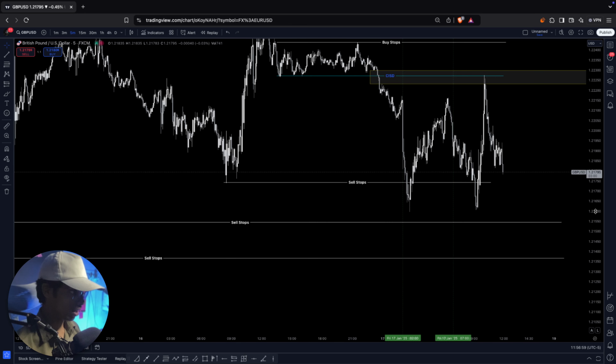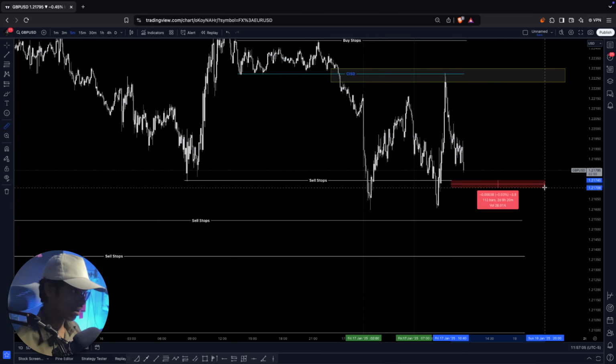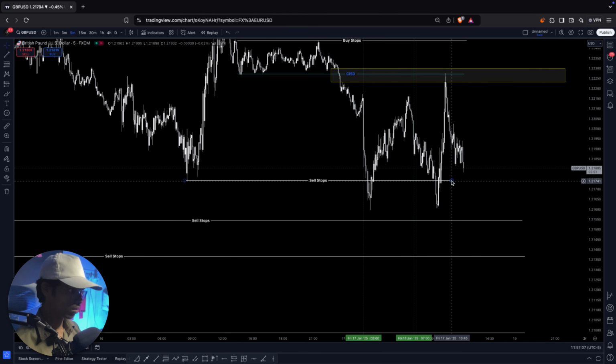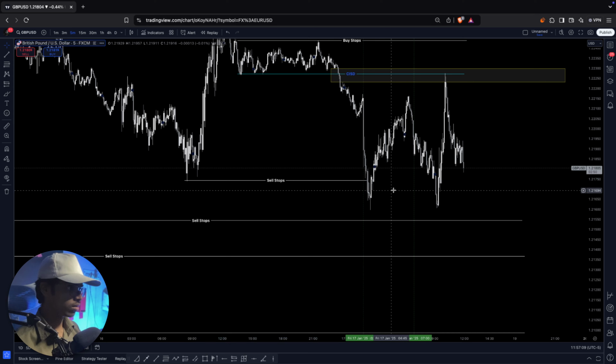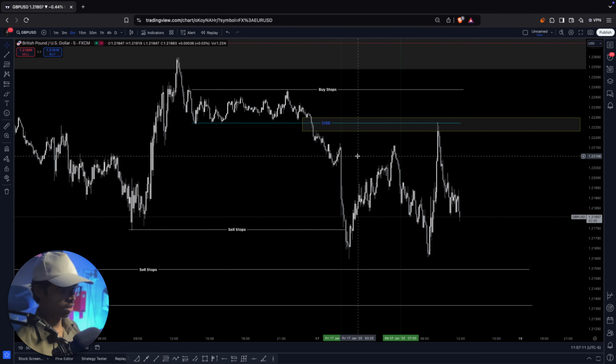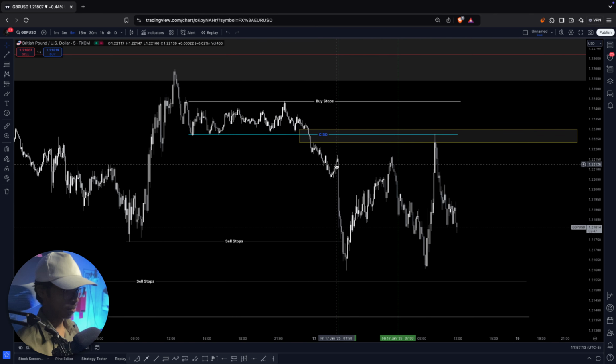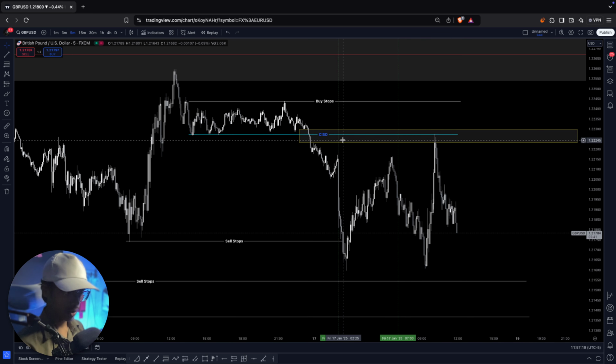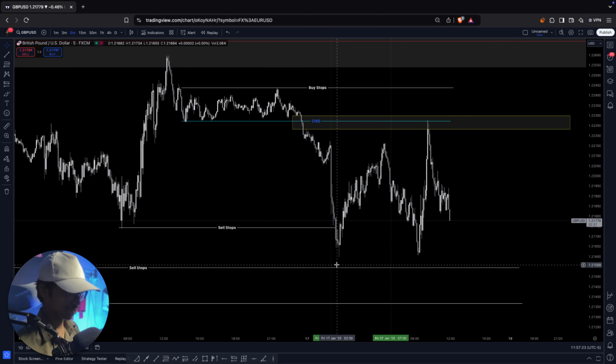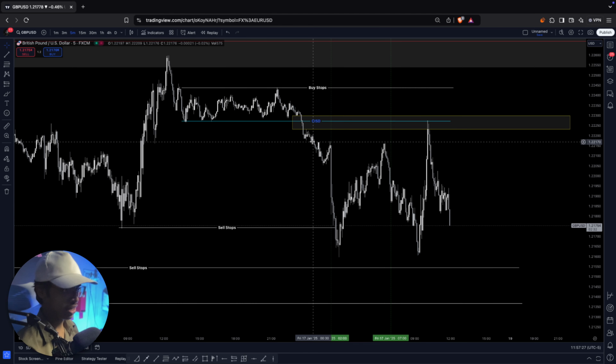Okay, now you guys can see it has also created one here and one here. This sell stop got taken. Okay, now the price rallied upward, but it didn't reach this sell side CISD, change in the structure of delivery, so I cannot anticipate any kind of entry to be formed over here. Okay, it went down, took these sell stops. Okay, fine, right, but I cannot form any entry over here.